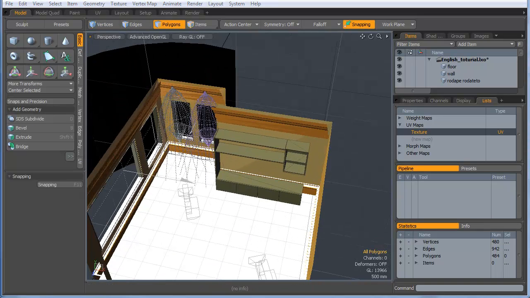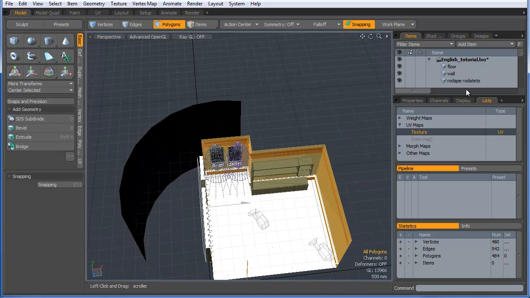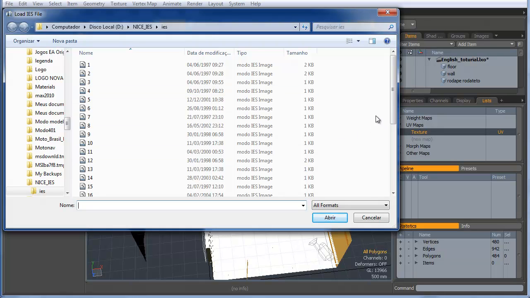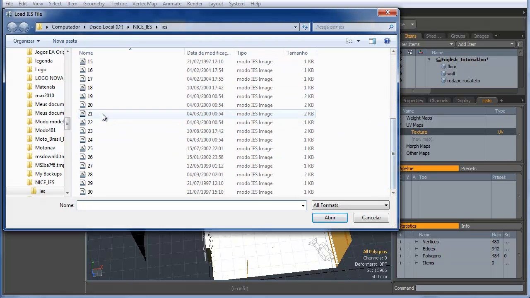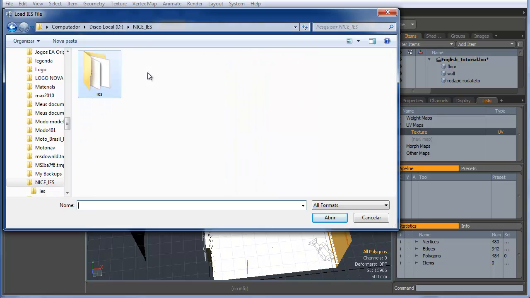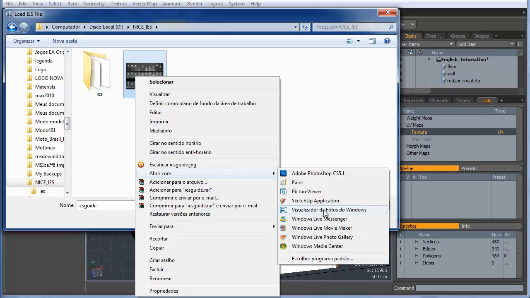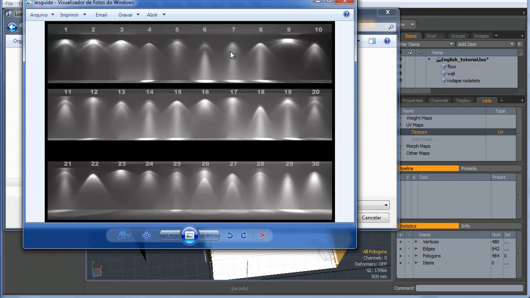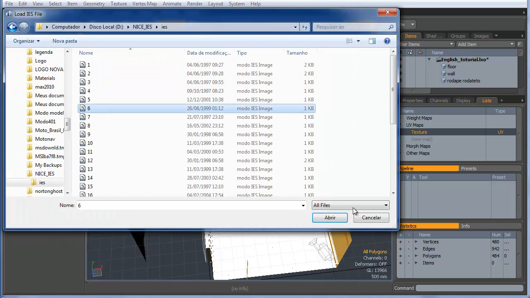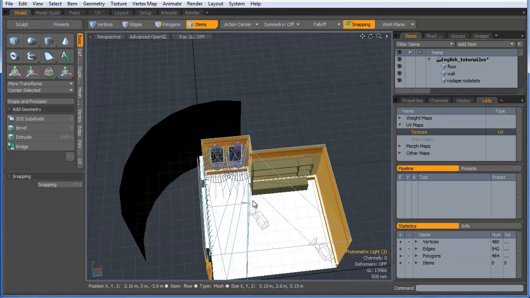Okay, and really now it's the last thing. I will need to add a new photometric light, and I will choose, I don't know, let's go to new, all files, open with Windows visualization here, and I think I will choose number 6. Number 6, open that, and where it is, W,